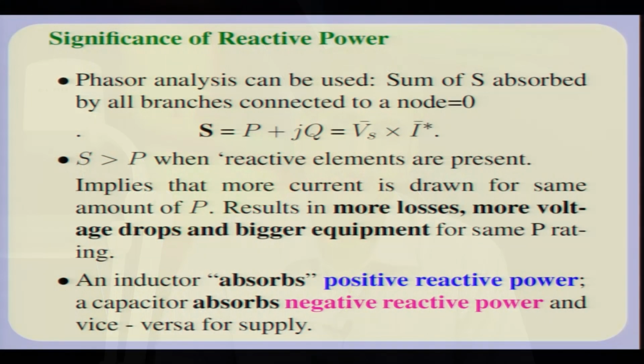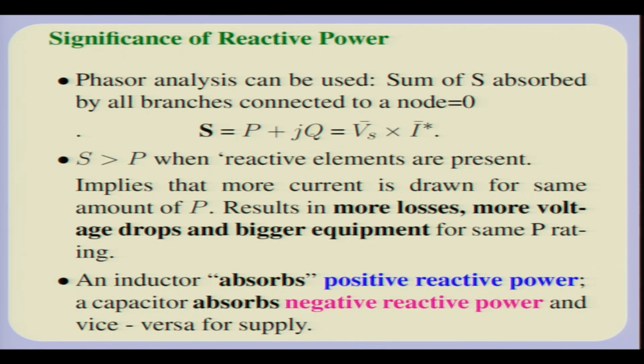All three units have the same dimension, but it is implicit that when somebody says the rating is 100 MVA, it means that the apparent power handling capability of that equipment is 100 MVA. Whereas, for real power, for example, a turbine of a generator may be rated at 210 megawatt. So, what it means is that the real power it can actually give is 210 megawatt. Okay. One or two interesting things which you should remember is that